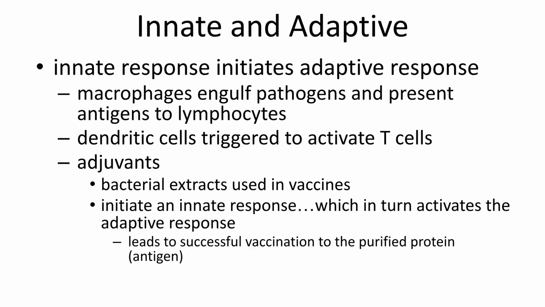The innate response initiates the adaptive response. Macrophages engulf pathogens and present antigens to lymphocytes. Dendritic cells are triggered to activate T cells. Adjuvants, like bacterial extracts and vaccines, initiate an innate response, which then activates the adaptive response, leading to successful